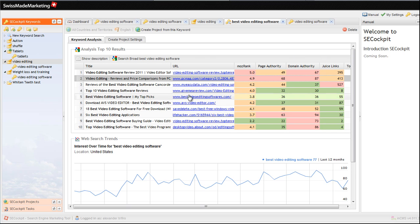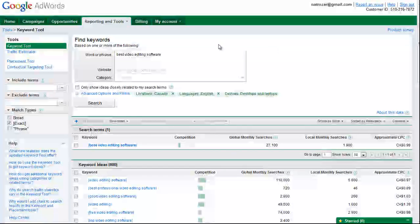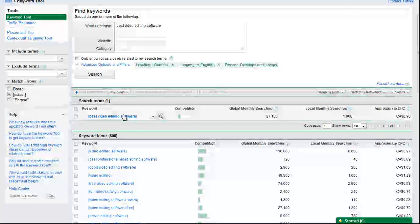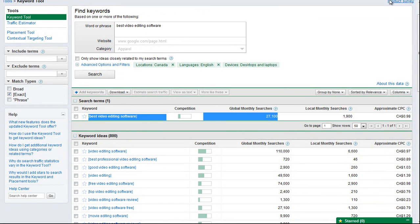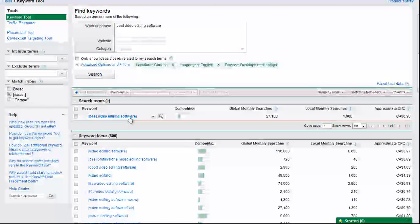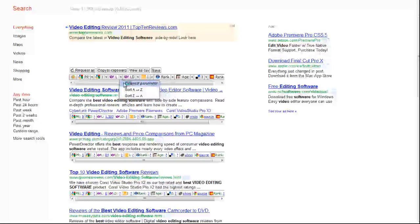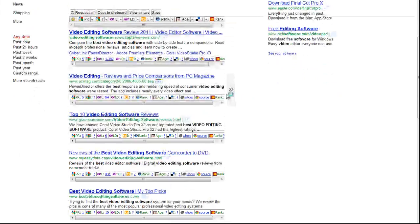What I do usually after this is I go double check on the Google Keyword Tool. Not for all my keywords, but once again, as I said, best video editing software would probably be one of the main keywords of a website I would build. So I would at least double check this one. So Google Keyword Tool, and here you have it right there in exact match format. Click on it. Then here I would check the PR. For those who don't know, this is the SEO Quake plugin. I usually almost always use it